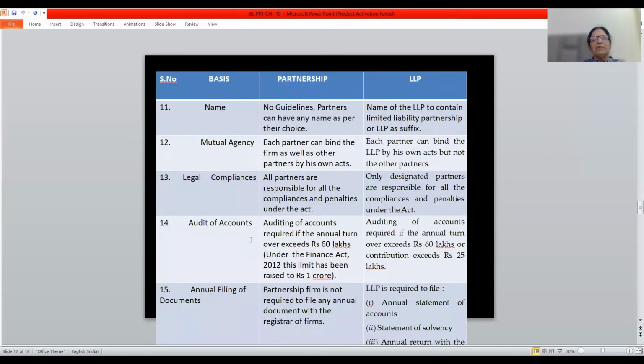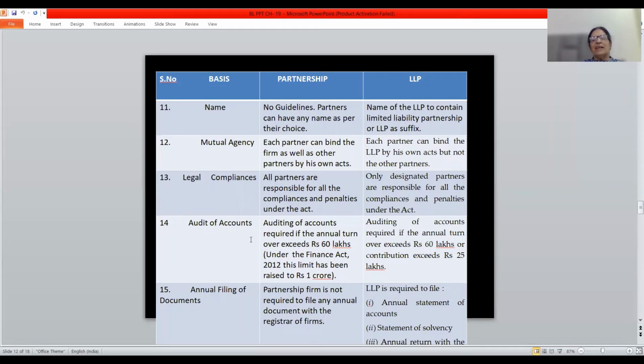Next point is the name. There are no guidelines regarding name in case of partnership. There are certain guidelines regarding name of LLP, that every LLP has to put after its name the words limited liability partnership, or LLP, as suffix. Mutual agency: each partner can bind the firm as well as other partners by his own acts. But each partner can bind the LLP only with his own acts,